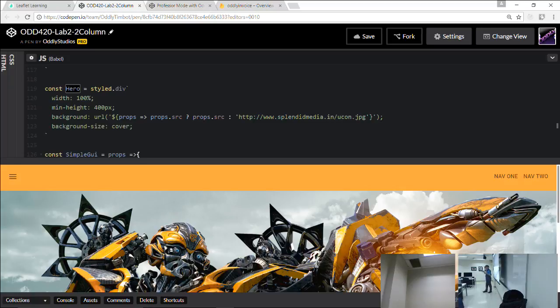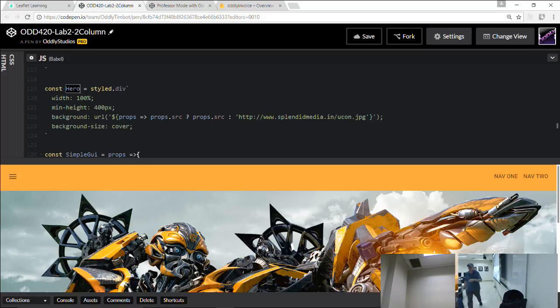Cover basically rescales your image, but keeps the aspect ratio the same, and it tries to fill up as much space as it can inside the div we're using here. So it's a great way of doing responsive images. You may lose a little bit around the edges, but you'll never see those nasty black bars or anything like that. You know what I mean?